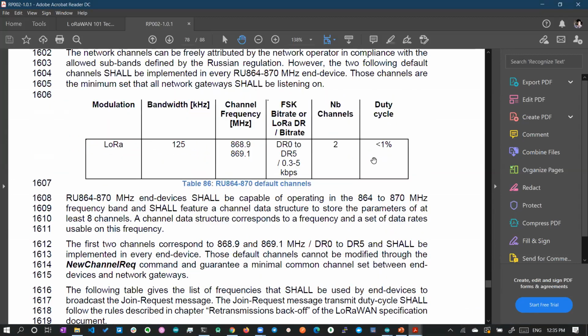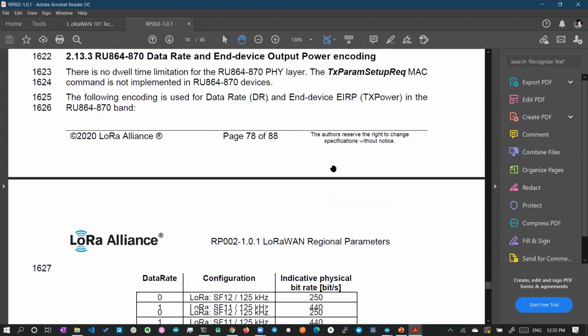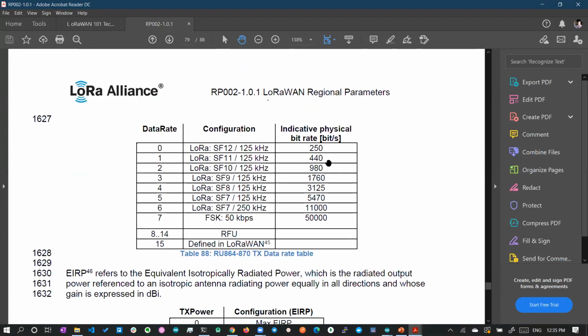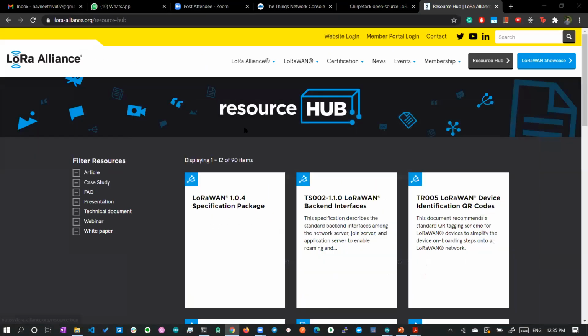Meanwhile, I got a question: is Windows OS or Ubuntu better for LoRaWAN? It's Ubuntu only, because any Linux machine is preferred. Even in Windows, I'm using WSL. WSL is Windows Subsystem for Linux, a Linux operating system on top of Windows OS. It's not a VM, but a Linux OS on top of Windows.